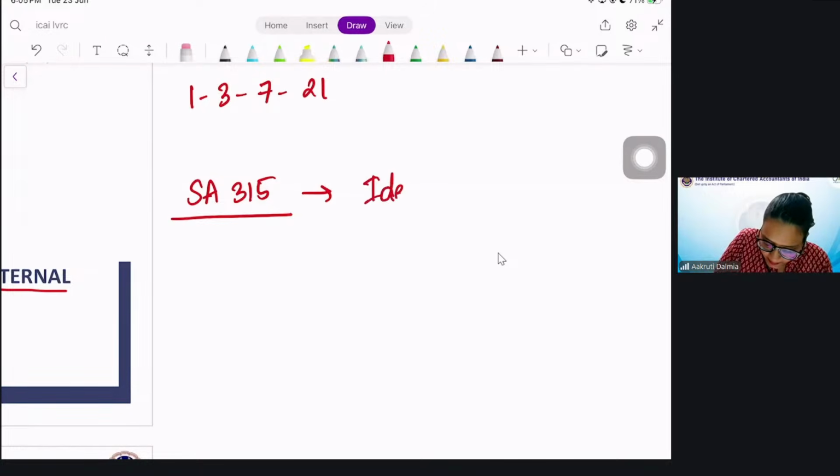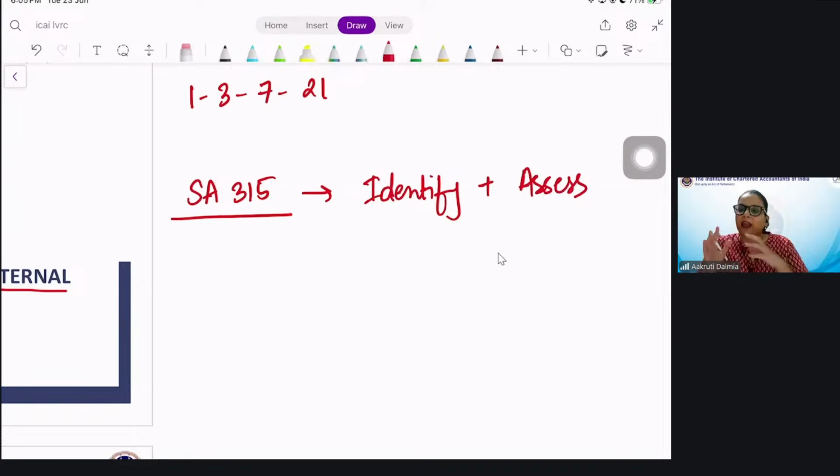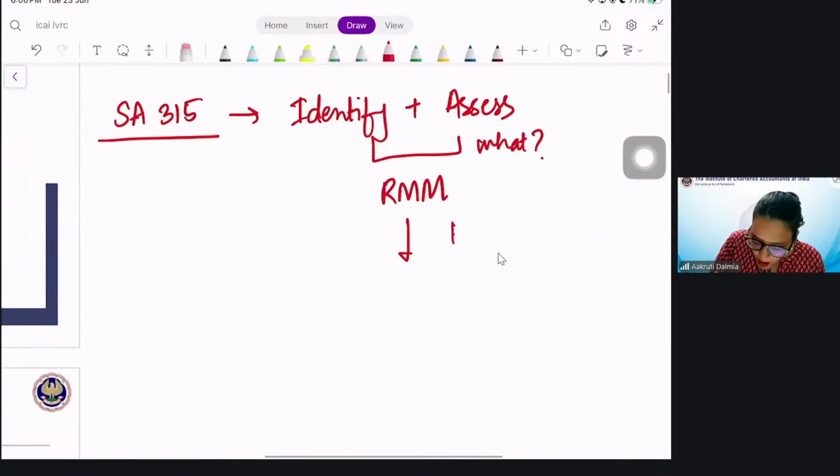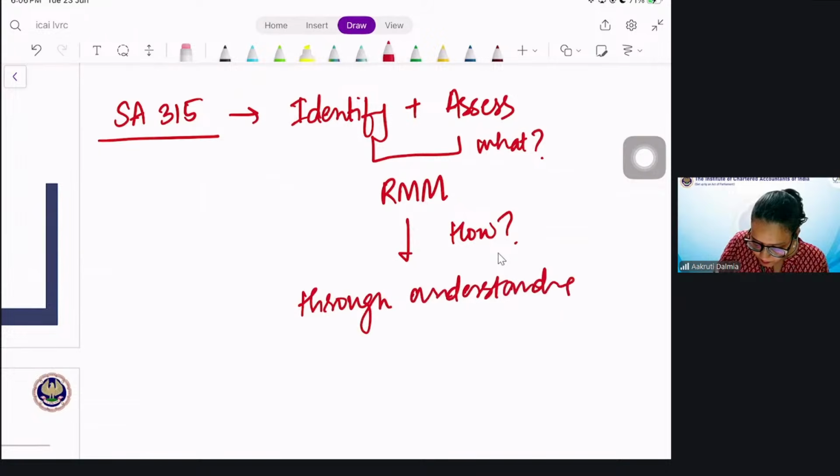We are going to identify and assess. Why identify and assess? We don't have to just find, we have to also analyze. So identify and assess what? Risk of material misstatement. So what are we identifying and assessing? Risk of material misstatement. Now, how are we doing this? Through understanding the entity and its